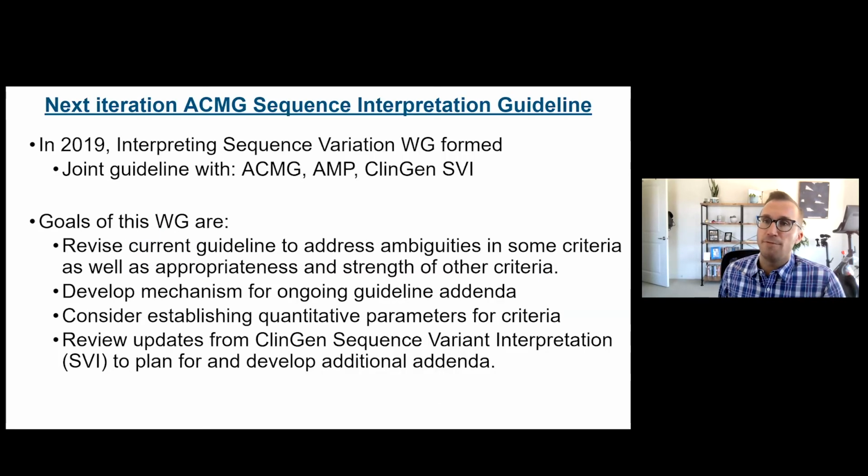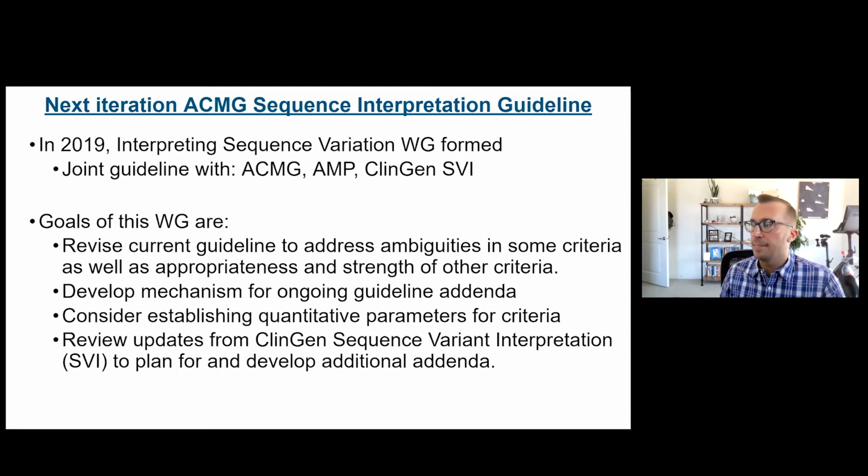So in 2019, ACMG formed a committee to start the next iteration of the guidelines. So this again will be a joint guideline with ACMG and AMP, but now this next iteration will also have ClinGen as a joint partner in this recommendation, similar to the CNV guidelines where it was an ACMG and ClinGen joint recommendation. So the goals for this next version of the guidelines are to revise the current 2015 one to address some of the ambiguities, so that there's a lot of labs that have made the same adjustments to the guidelines, to incorporate those into the next version for more consistency. As well as to develop a plan for more ongoing updates to the process, because right now we're at over 5-6 years since the last version,